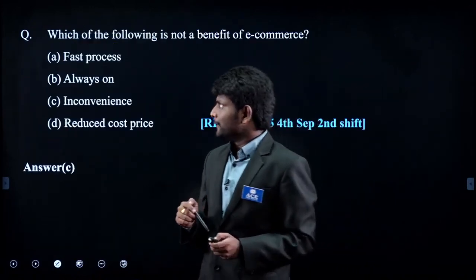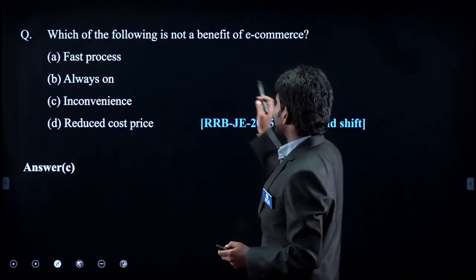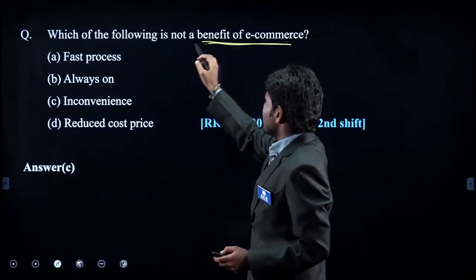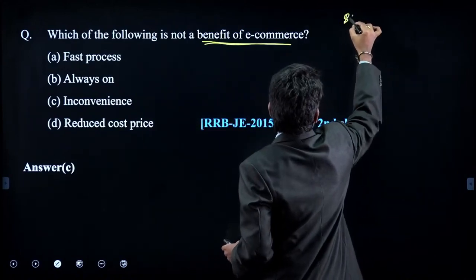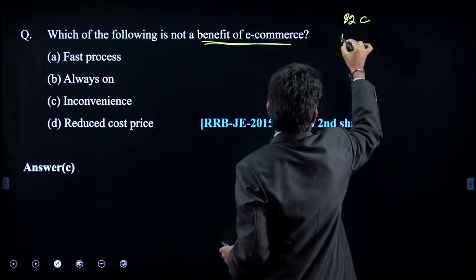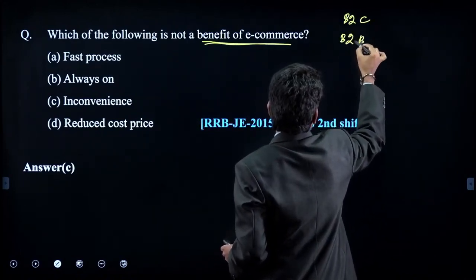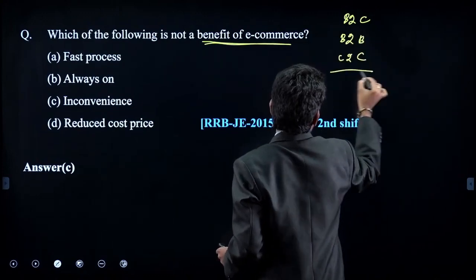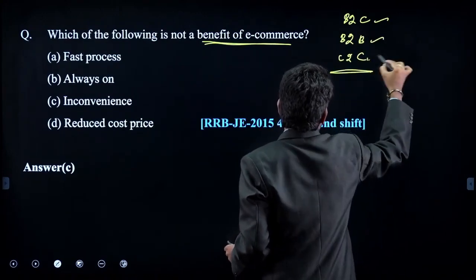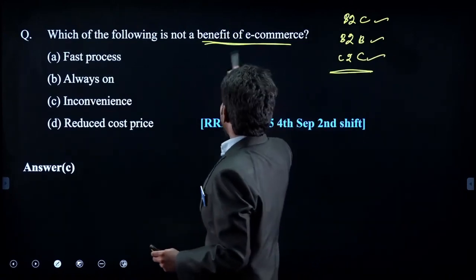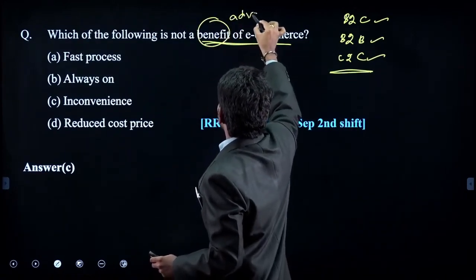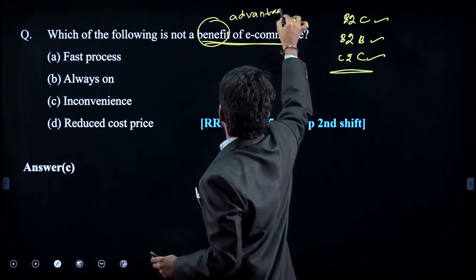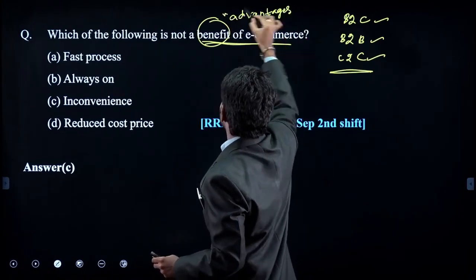Fine? Then, which of the following is not a benefit of e-commerce? So, till now, what you understood is they were interested in different e-commerce concepts like B2C, B2B and C2C. When government is involved, there are 3 more e-commerce categories. Now, they were talking about benefits or advantages of e-commerce. So, they want you to learn the advantages of e-commerce also.